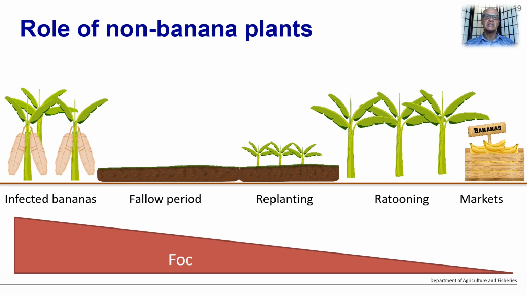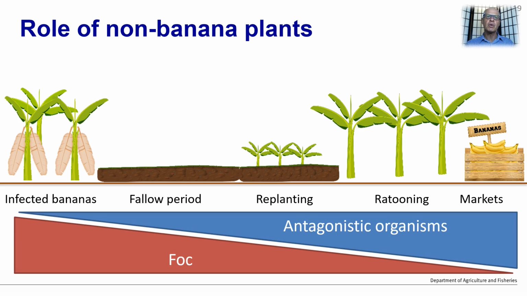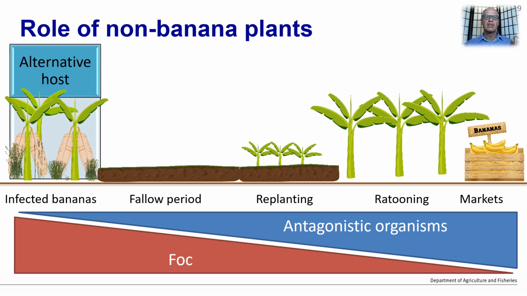In our production systems, we want to reduce the FOC inoculum levels in the soil. We also want to increase the beneficial organisms that are antagonistic to the pathogen. Therefore, we need to understand the role non-banana plants have as alternative hosts which may carry infection through to the